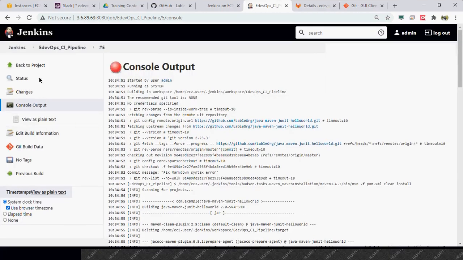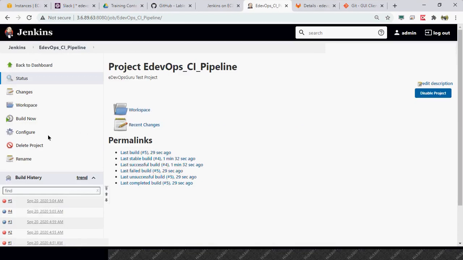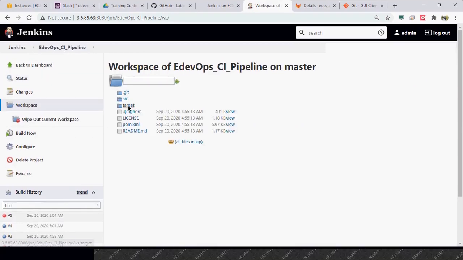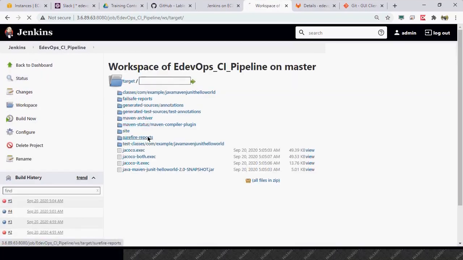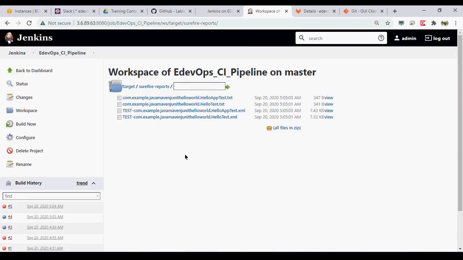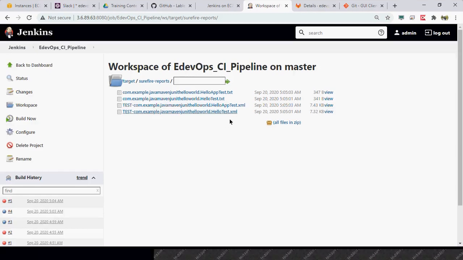Now let's try to debug why it did not work. If you see in targets, you have the surefire reports, and then you have these XML files.